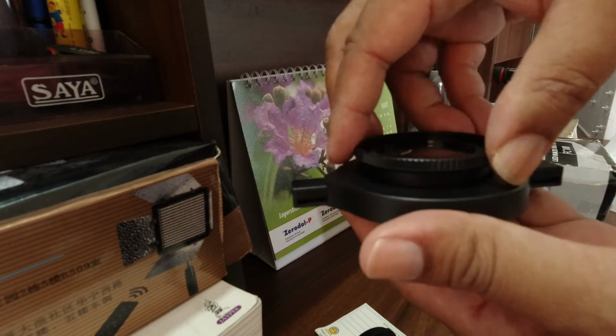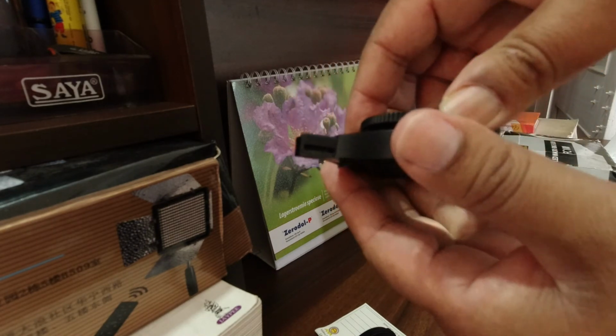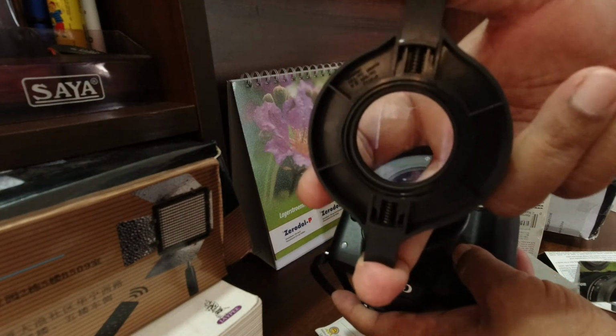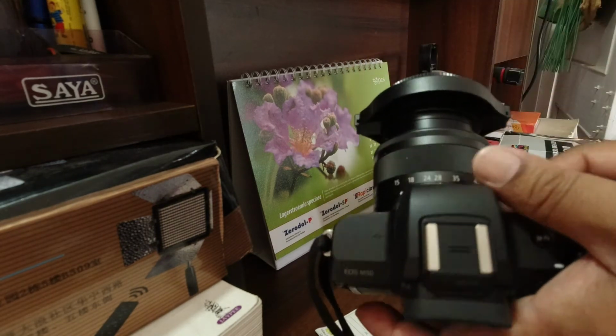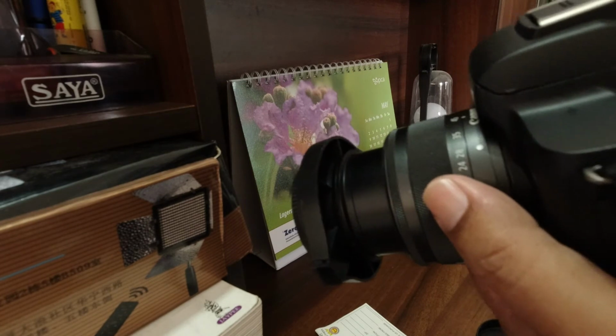adapter first, this way. So I will attach first this macro lens to the adapter, and then I will just attach this lens with the front of the kit lens. That's it. Now you can unlock the lens as usual and switch the camera on, and then start